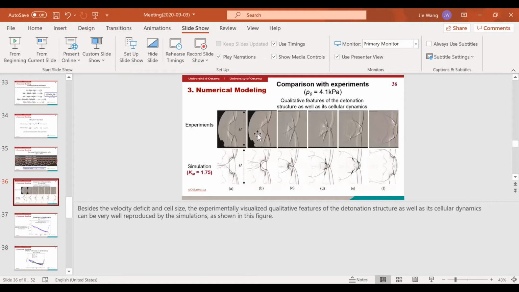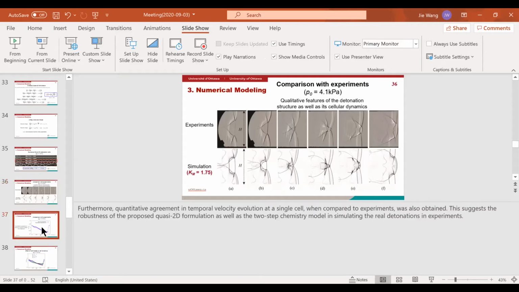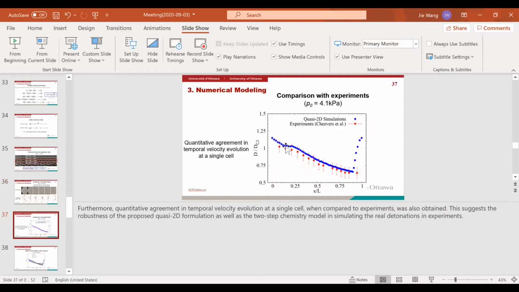Oh, you mean the cell dynamics? Yeah, this one? Yeah. This one actually. This work has been done by our group member, Chivert Kevin, and he